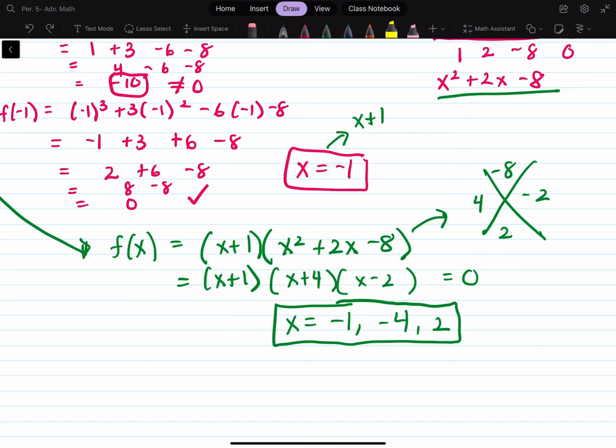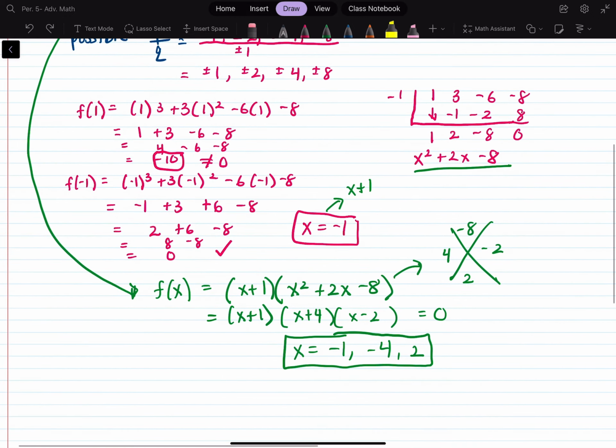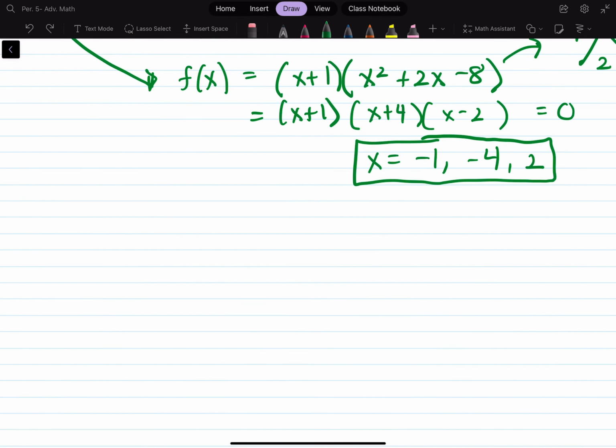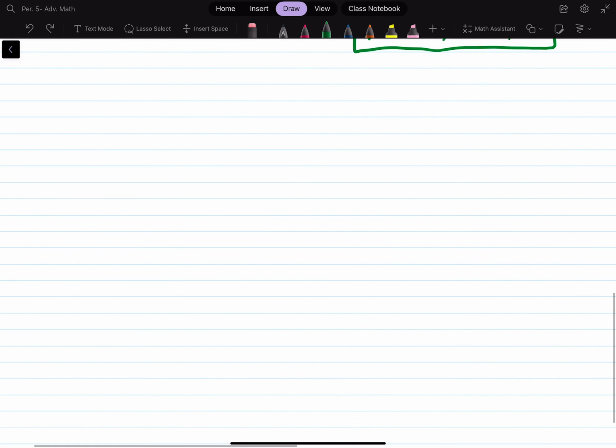Okay, so that was kind of an easy example. We can go ahead and try one more, just to have you guys watch me do it one more time. I'll probably have 3 examples on these sets of notes. They might be a little bit long, so bear with me. Let's try another one. Let's do